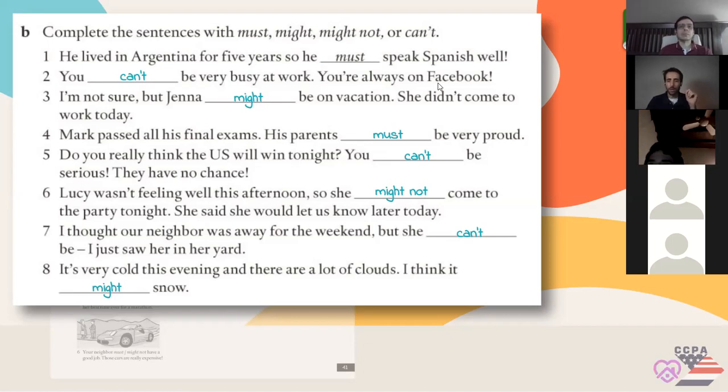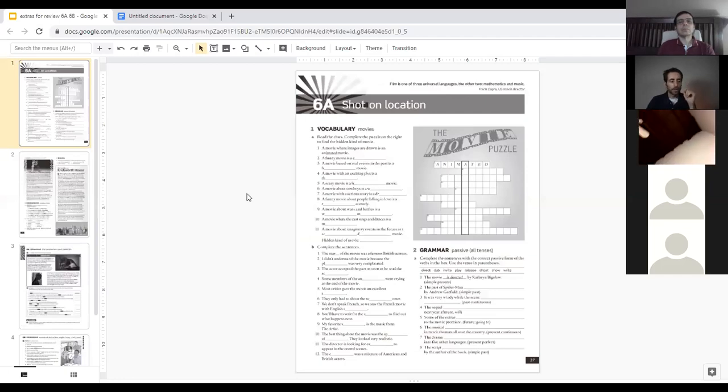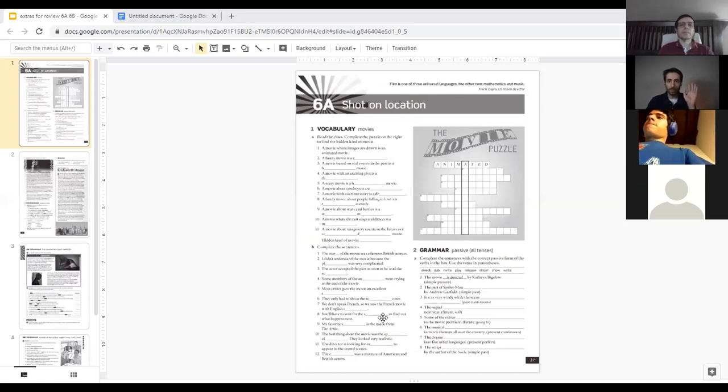So go to your workbooks on page 37, and I'm going to organize my screen share. On page 37 of your workbooks, we have the section of the passive voice. So this time around, let's work on the grammar part. This was my extra. You were really fast today, so I prepared this as an extra. Let me just amplify the section. Here is where we have our exercise.